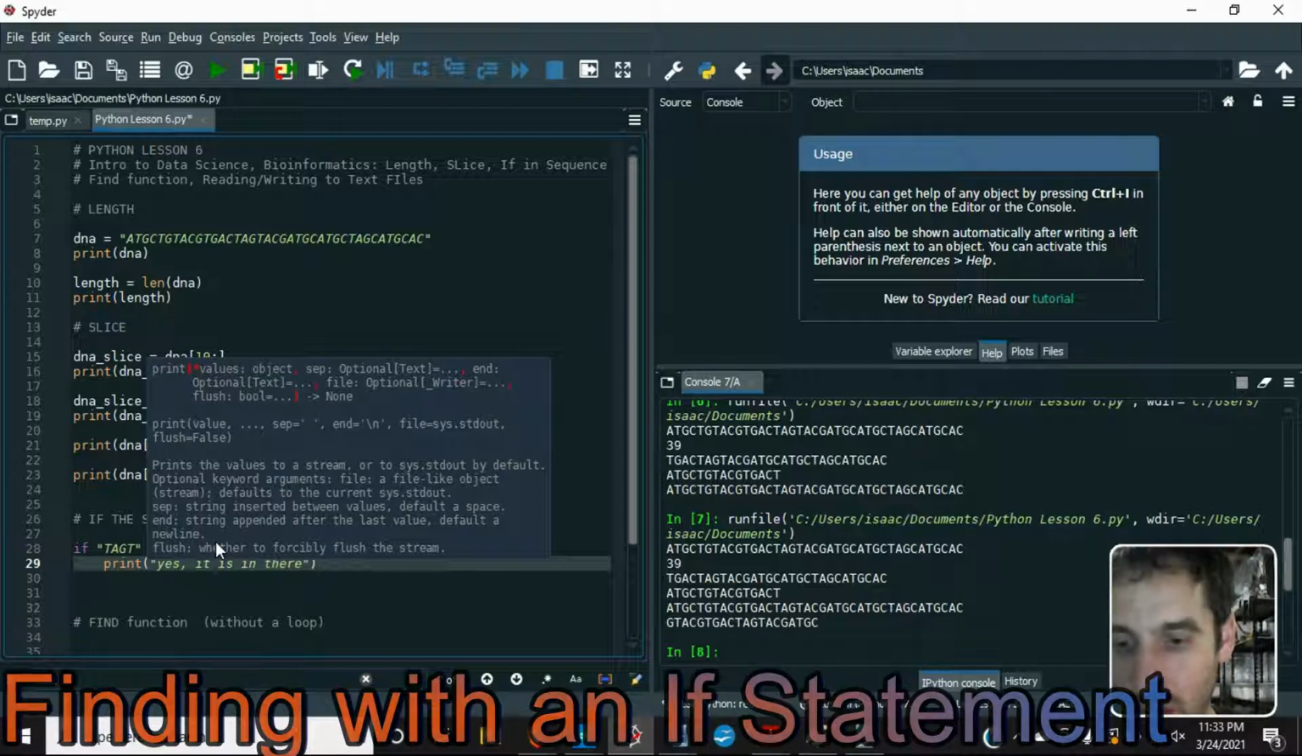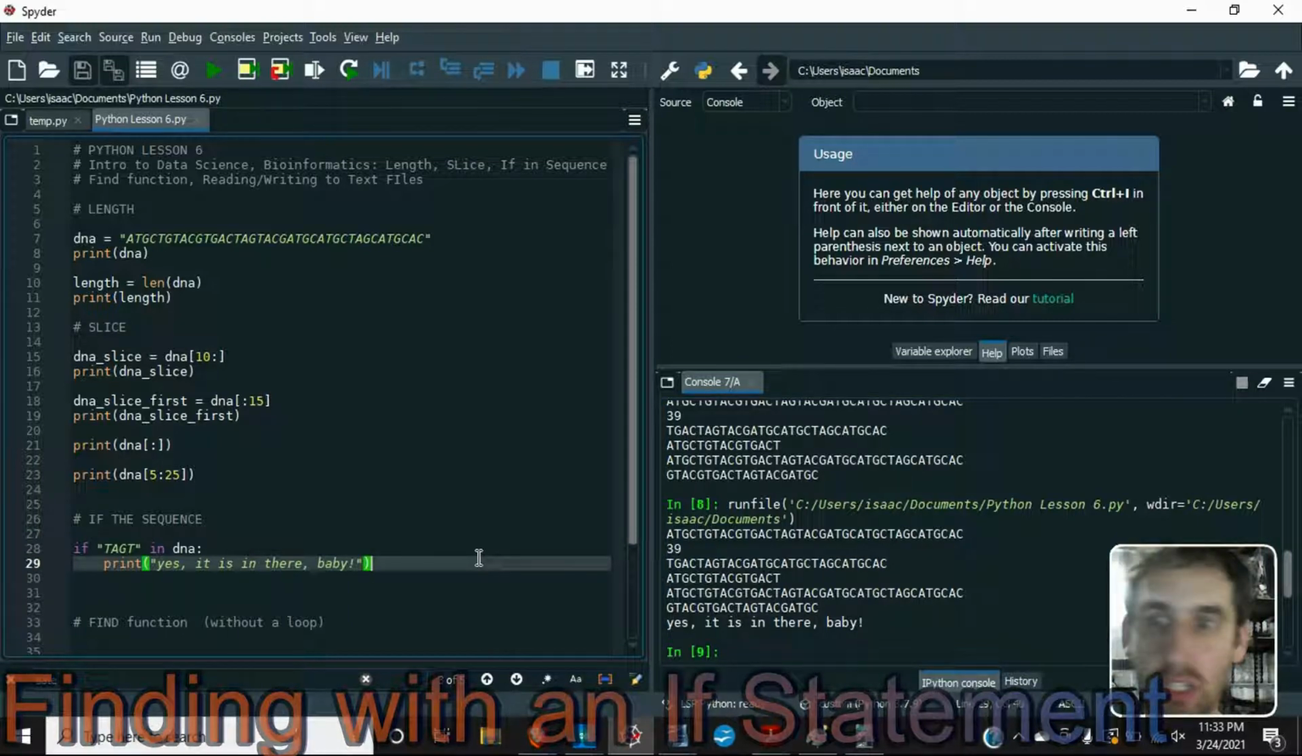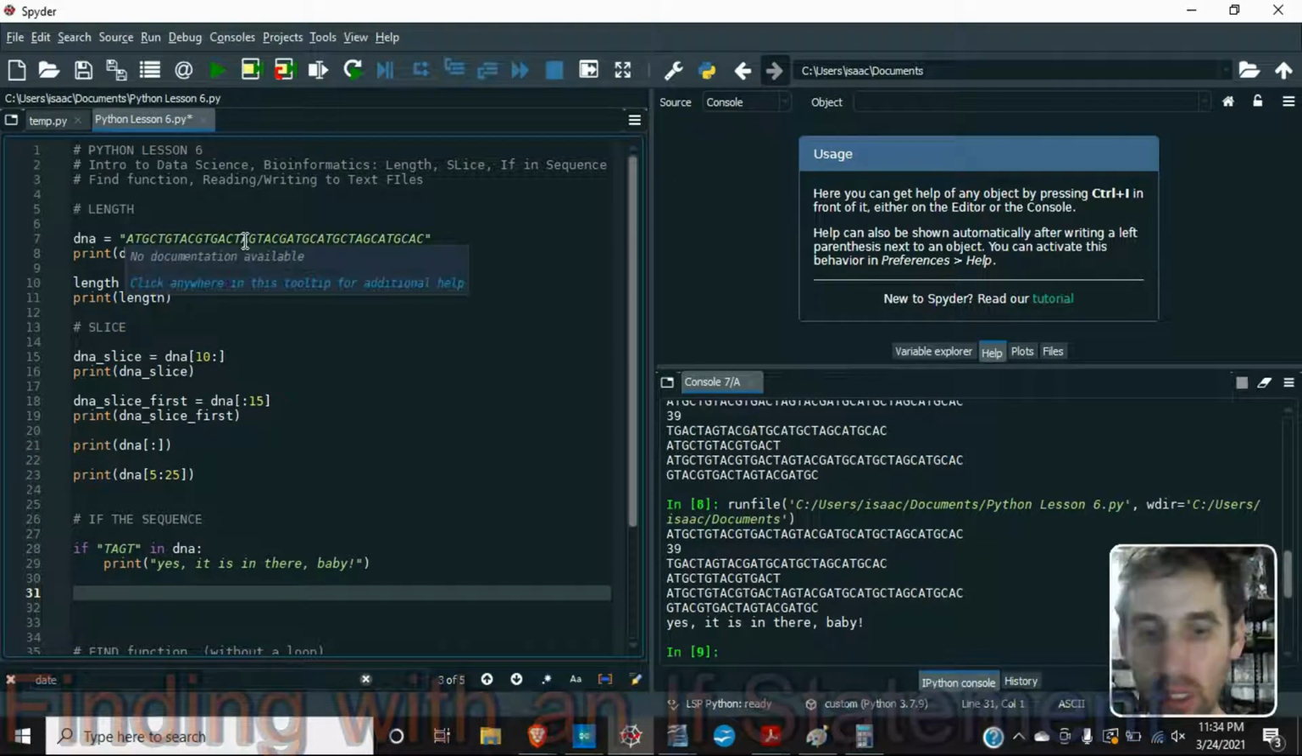And now let's go ahead and run that, and it is in there. It's in there because we know it's in there. I already checked. Now, that doesn't tell you where it is, though. It just simply tells you that it exists. So if you want to find out where those base pairs are, there is a great little